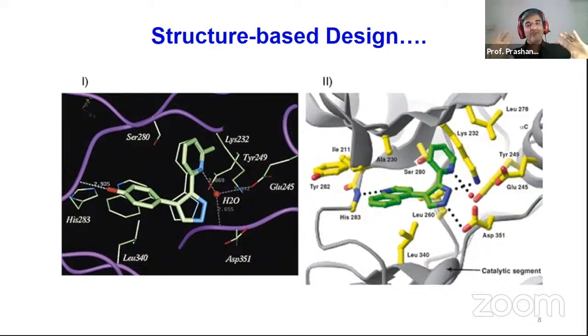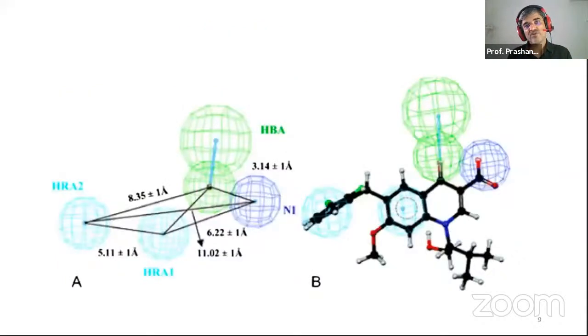Now that you have a mold of the active site of the protein, you can go on putting molecules in virtually, with the help of sophisticated software or programs, in a process called molecular docking. You go on putting the molecules of your choice and see whether they're able to mimic those interactions or bind to the protein with high affinity, and that's where structure based drug design is.